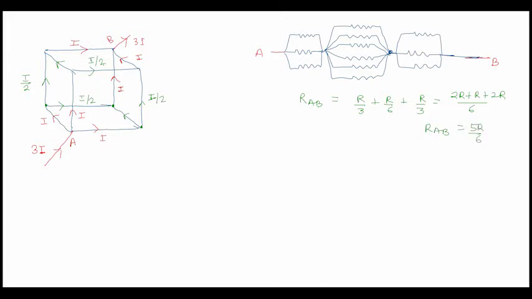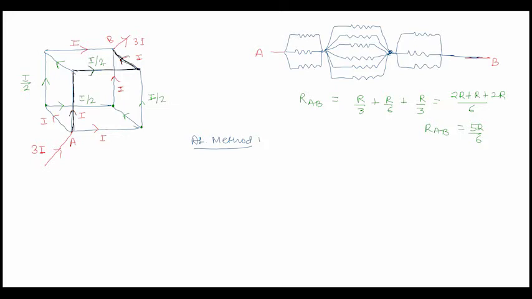We can also solve it. I am teaching you an alternate method as well. Based on the current division which we have done, I can select any loop. Over here I am selecting this loop marked in black, and then I am selecting this, and then I am selecting this to reach B. You can select any path you want.